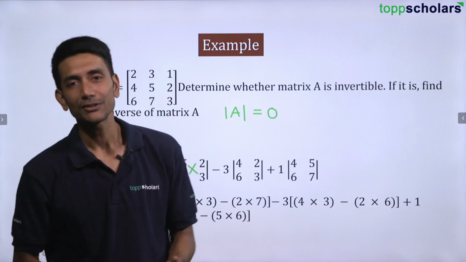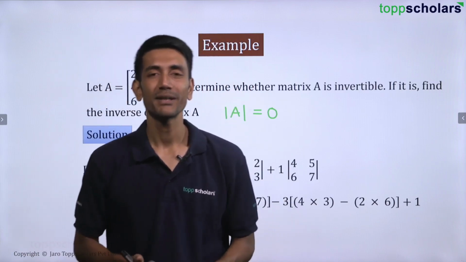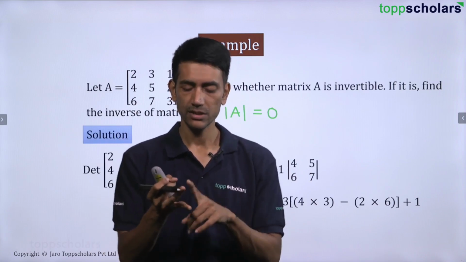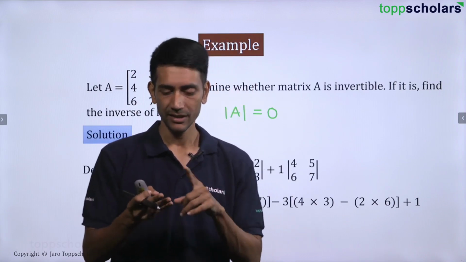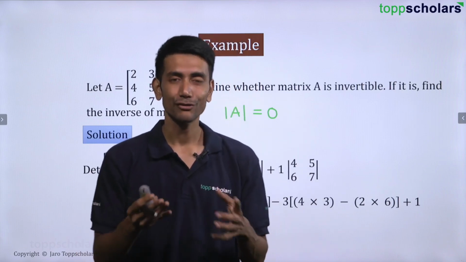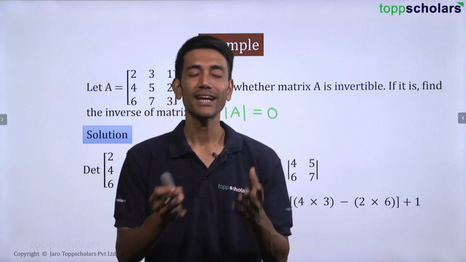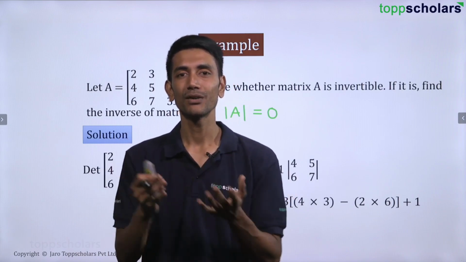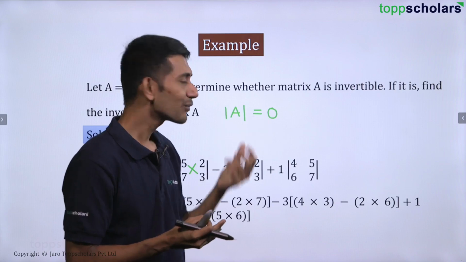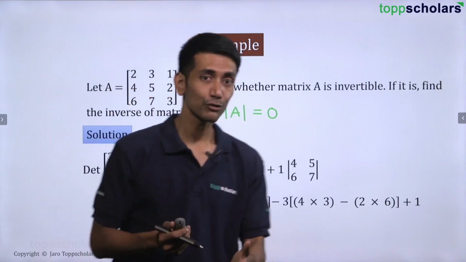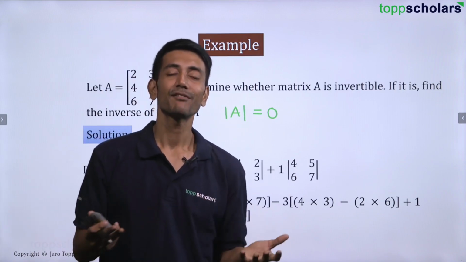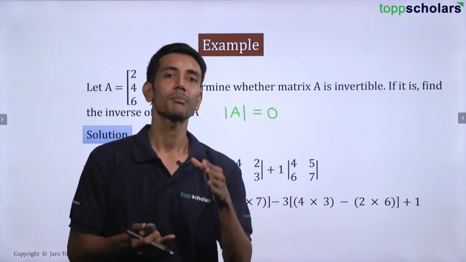So I hope you have understood all the concepts based on matrices. We have studied a lot of concepts. We studied what is matrix. We studied about types of matrices. Here we have studied how to find out the inverse. We have studied how to find out the transpose. We have also seen that (AB) inverse is equal to B inverse A inverse. Then we also saw how to find out the determinant, right? Also saw how to find out the adjoint and the basic formula to find out the inverse, which is 1 by determinant of A,